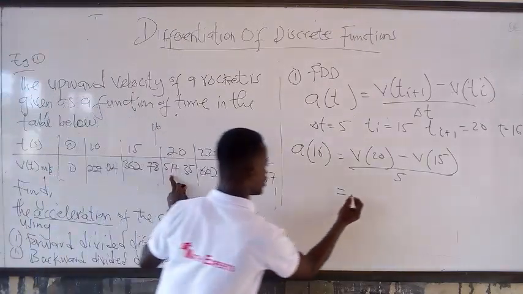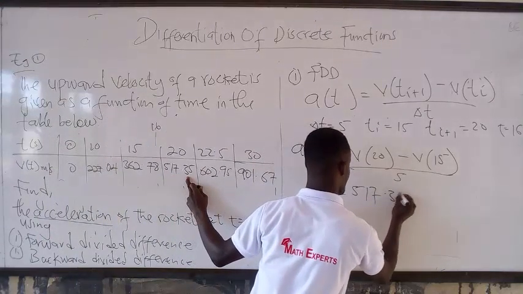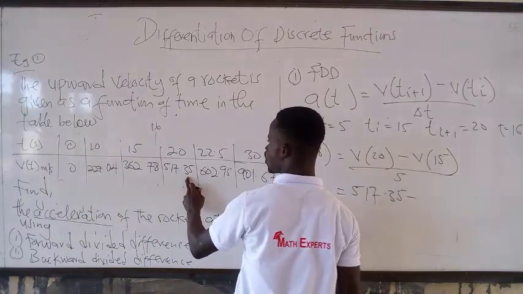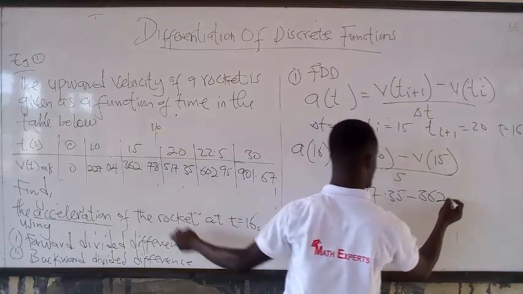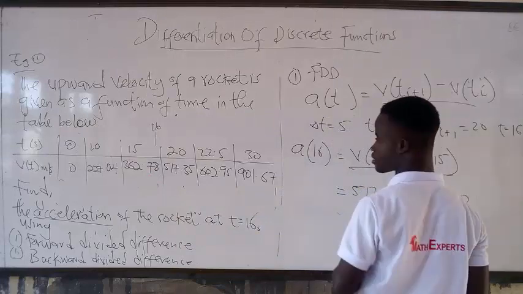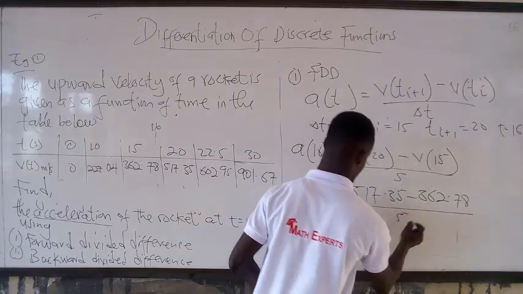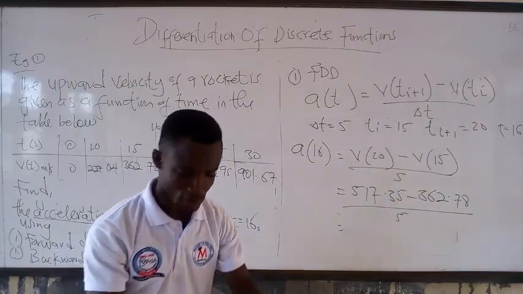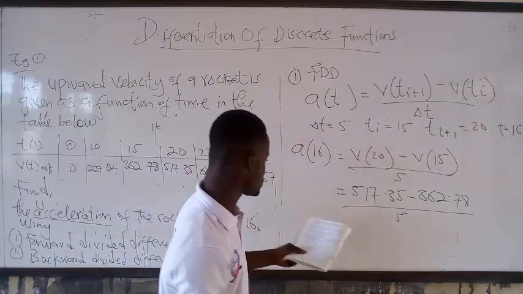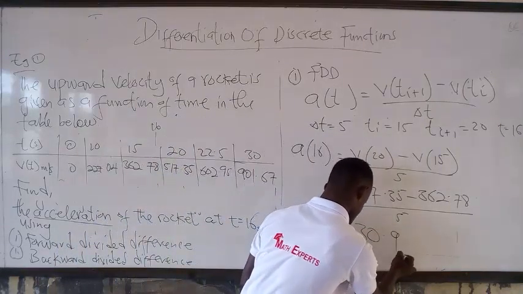You get 517.35, minus, when you plug in 15, 362.78. All this over 5. And then the rest is calculator. And finally, you are going to get 30.9